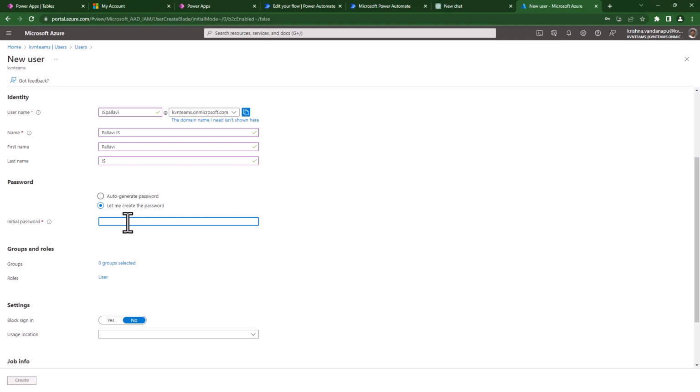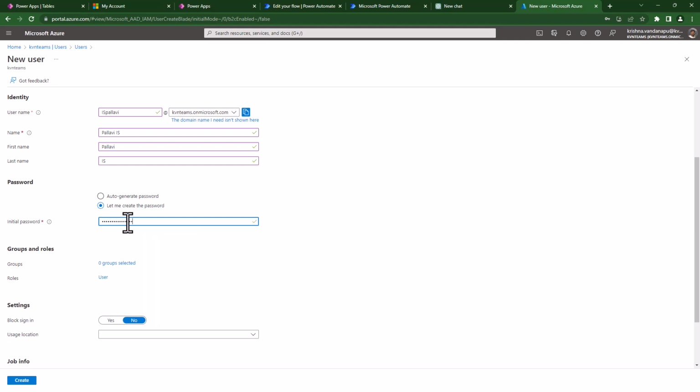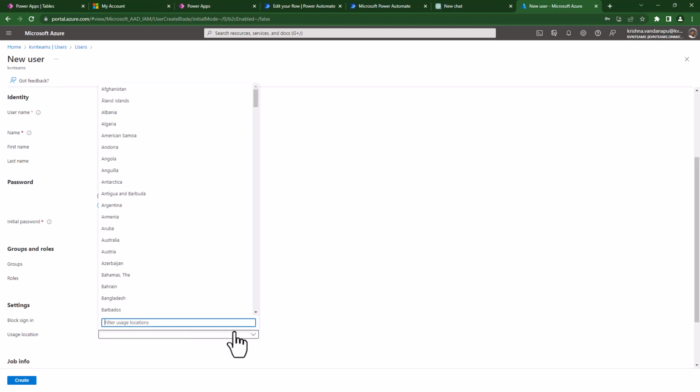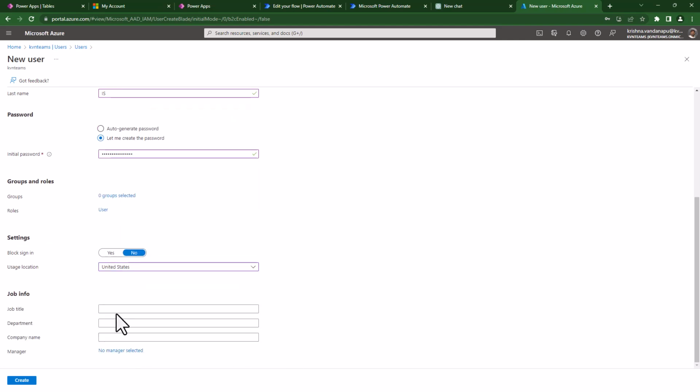so that she can log in onto my tenant, or like I can log on with her account and that password. So I'm giving my password to ma'am. Done. And now user location is, I'm giving as United States. In your case, you will give it as India. And if I want to provide any job details, I can provide, okay, HOD, and department is IT. Say like company name is Gayatri Vidya Parishad,